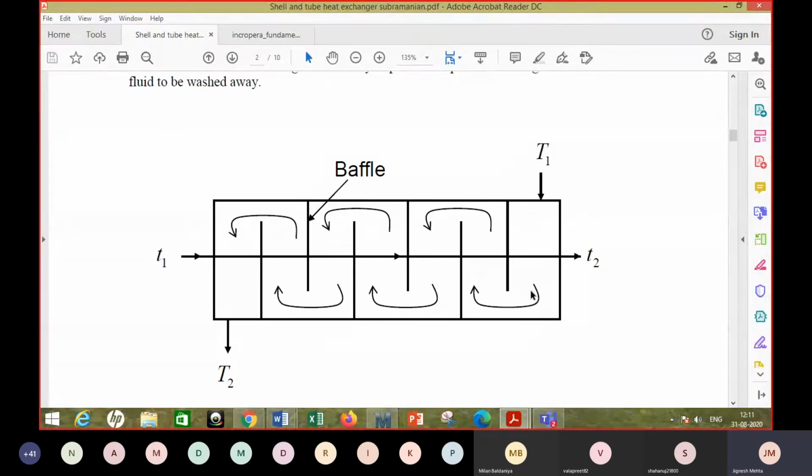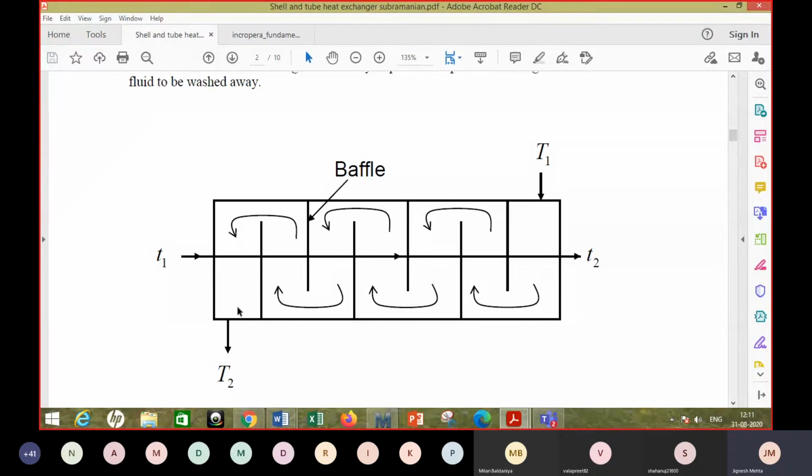Now, if you consider only one pass, in a way you can say it is cross flow, right? But then it is moving in the direction opposite to the tube side fluid. It enters from the side where the tube side fluid exits, and exits from the side from where the tube side fluid enters. So it's a combination of cross flow and counterflow, and you have to put baffles because otherwise it will